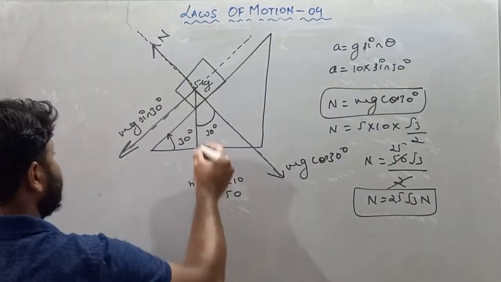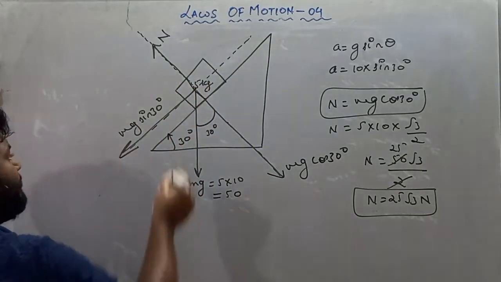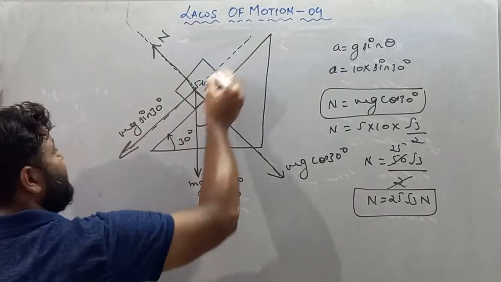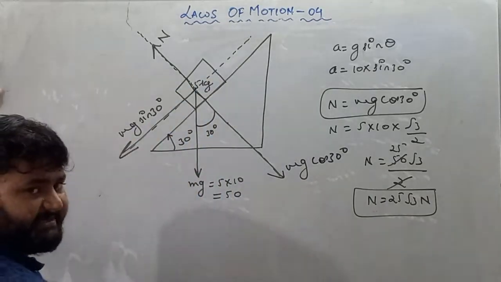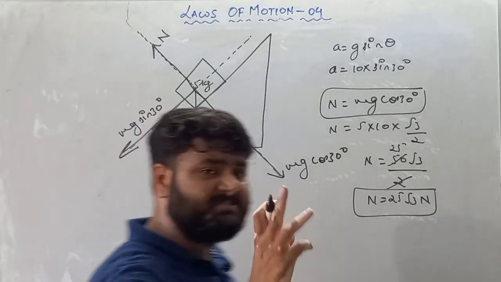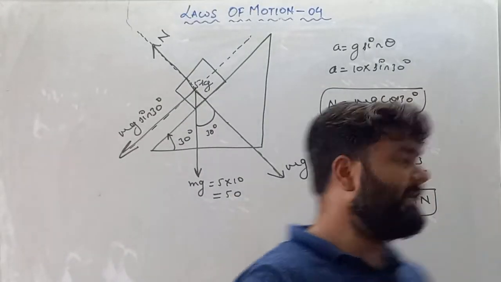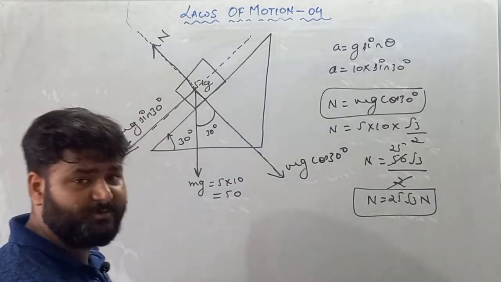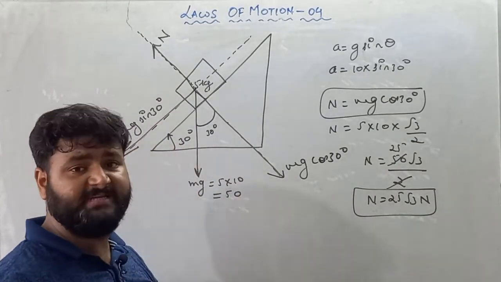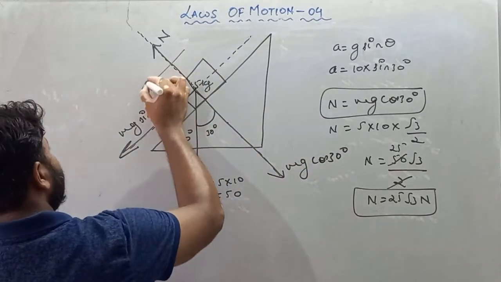Moving forward, now see, one force is in this direction, that is mg sine 30. No other force is acting which counters this mg sine 30. So this block comes downward, because we know that if a force is acting on a body, the body starts moving. And mg sine 30 is nothing but a force, because it is a component of weight, and weight is nothing but a force. So acceleration must be in the downward direction.